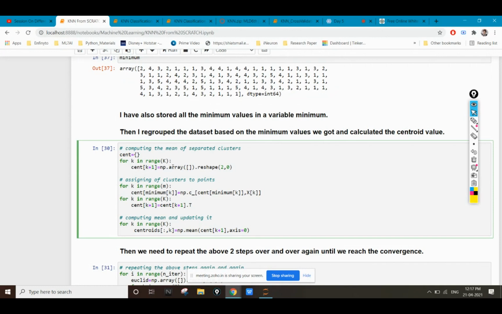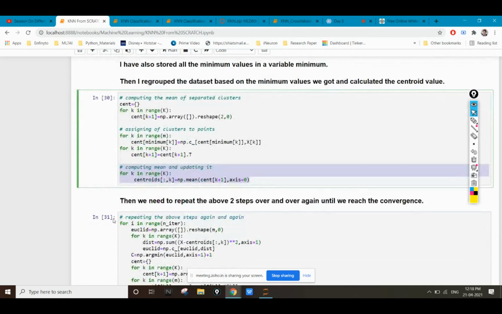So here I'm calculating the mean, and assigning the cluster at that particular position, or I'm updating the value of the cluster at that particular position.